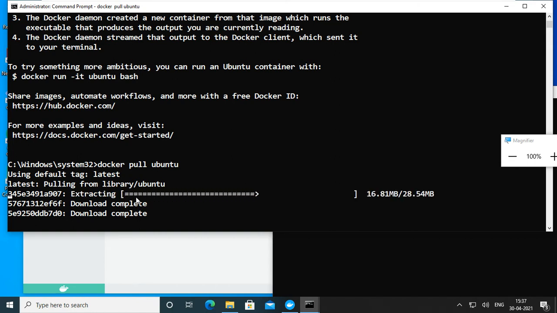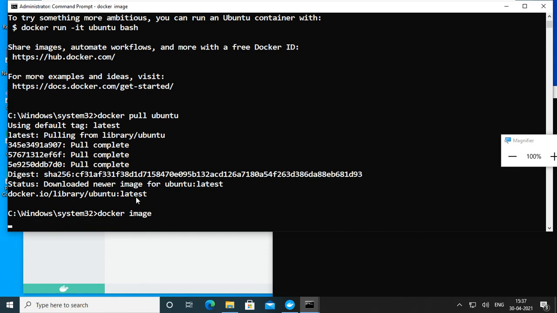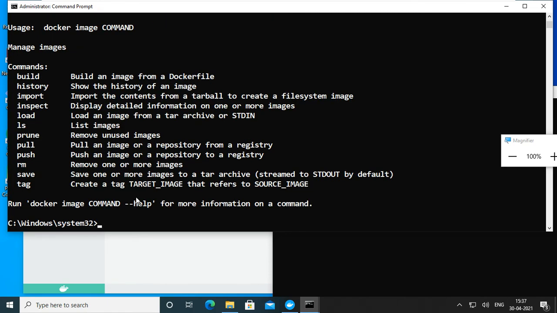Actually, Docker has so many things. You can create an image and you can update images also. Now to see the downloaded images, docker images or docker image ls. Different commands are there, like ps.